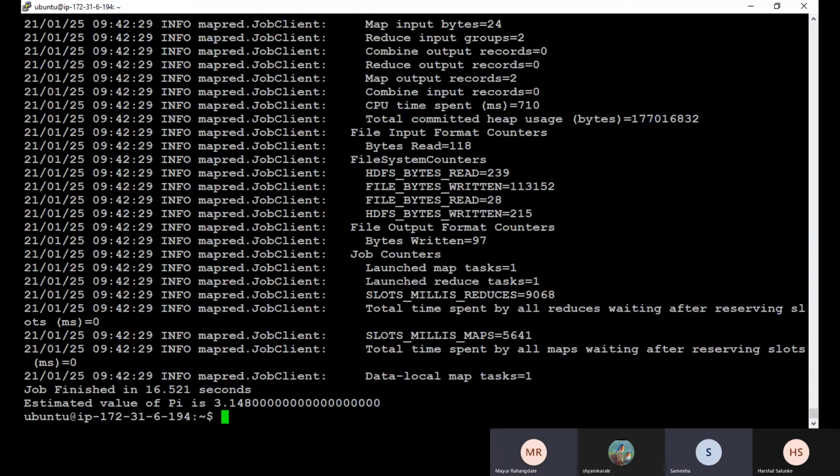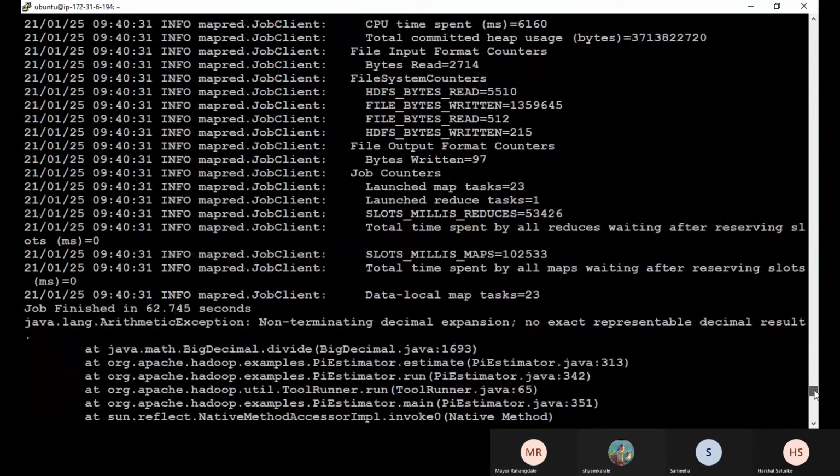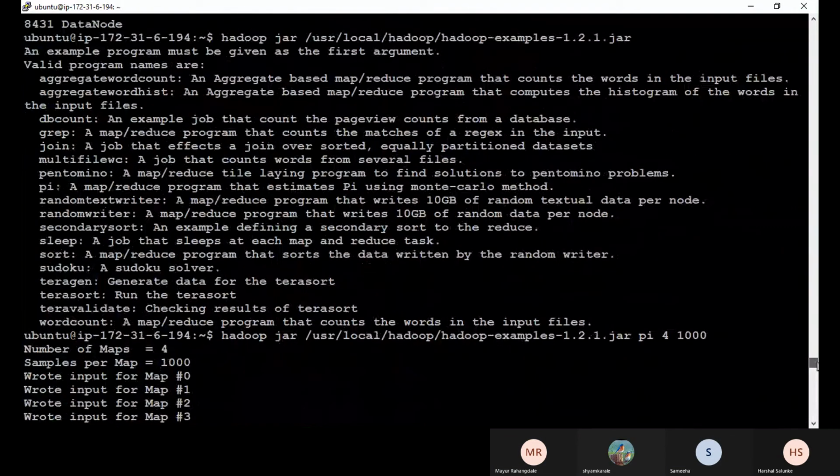Okay. So let's run that word count command now. I don't know how to do that. Let's give it a try. This is a MapReduce program that counts the words in the file. Right.